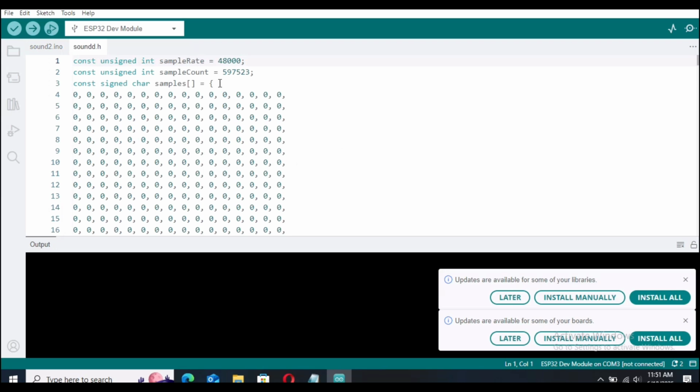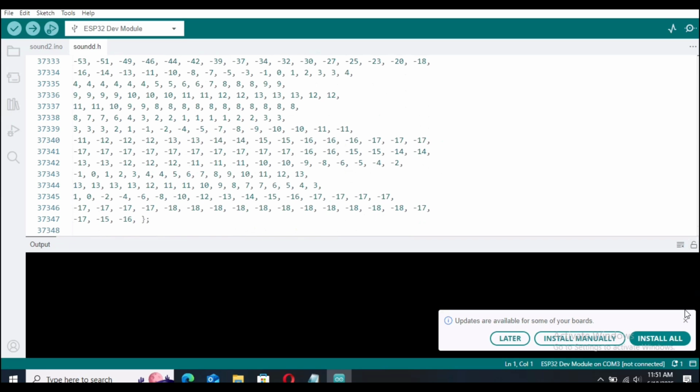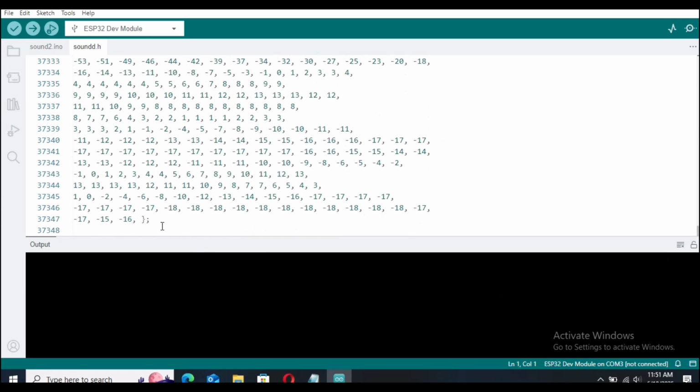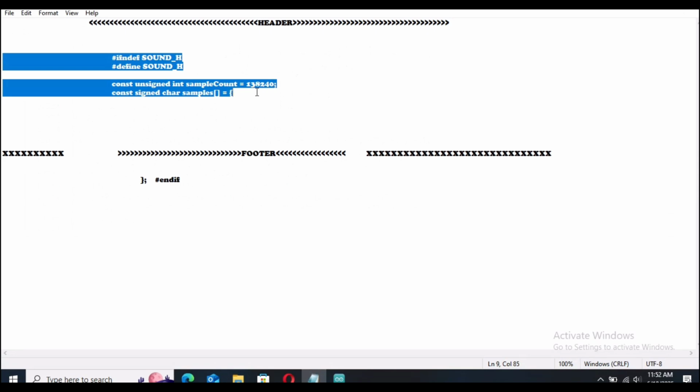Now in our header file we're going to delete the first 3 lines, because we're going to add our own 3 lines, and at the end you can see we're going to remove this bracket also, or you can not remove it. Okay, so when it's done we're going to go here. This is the header and the footer we are going to add to our header file. Just copy it. I will provide this header and footer in the description also, so you can just copy and paste it there. Now we are going to copy it and paste it